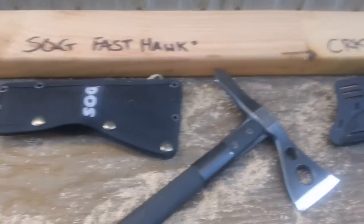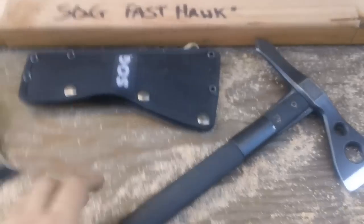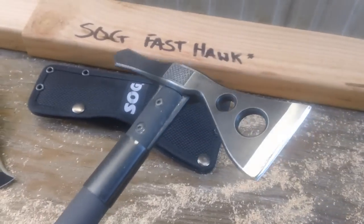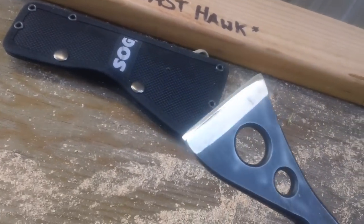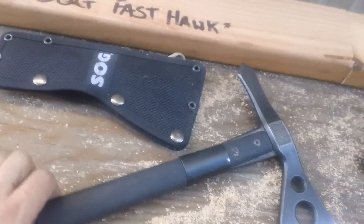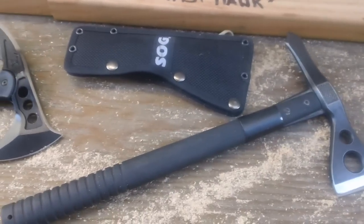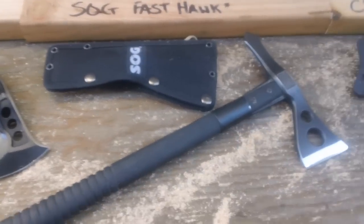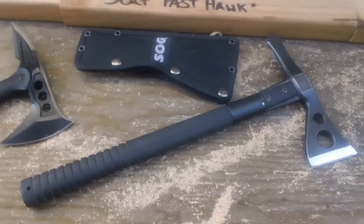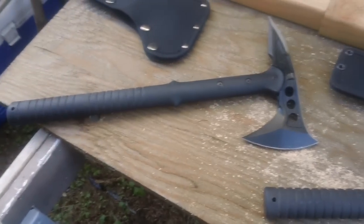This has a little asterisk on it because it has already been used before. I borrowed this axe from a buddy of mine. He wanted me to sharpen it, so I sharpened it and put a convex edge on it. So not true to its original factory form, but still definitely some good information by using this in the test. All the other tactical axes are brand new, never cut with before,